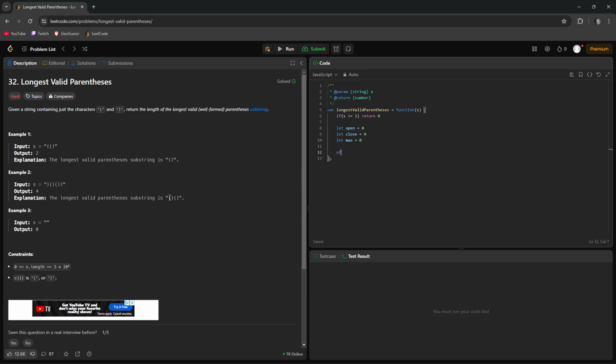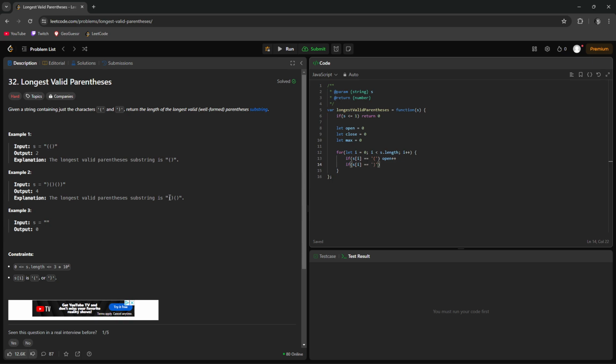So for i equals 0, i less than s.length, we can loop through s. So if s[i] equals an opening bracket, we can increment open, and if s[i]